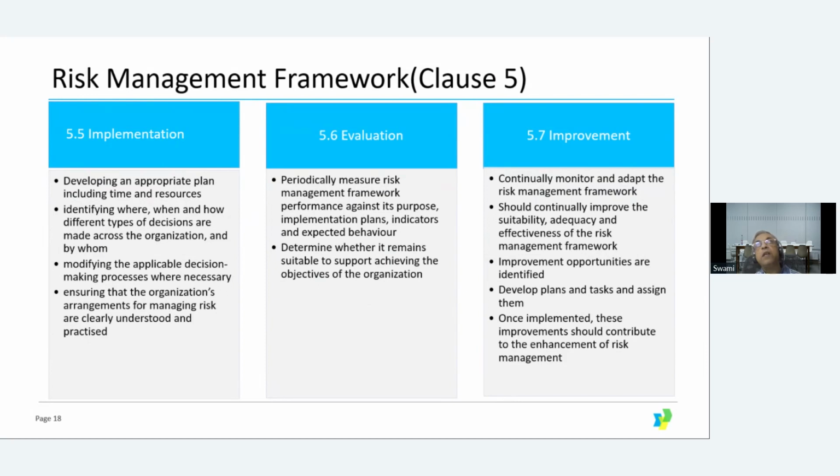Number one, continuously monitor, and we should not leave the risk management framework. We should work with it, and alongside we will have to make changes to the documents, processes and procedures, everything, and try to improve our process or our performance by following the processes. Improvement opportunities need to be identified, and we need to develop plans and tasks and assign them. And also, there has to be a separate improvement team. Basically the persons who are involved in the implementation